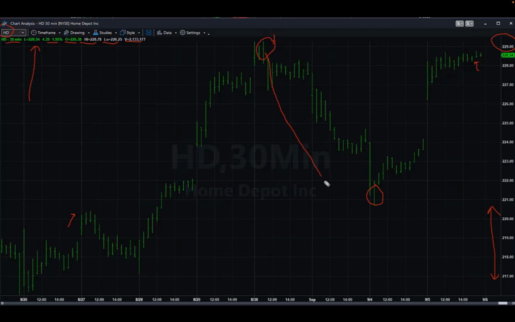So someone who's day trading, this is a great move for them to make money. So how would you know that? If you're trading up here, how would you know it's going to move down? Well, you're looking at a 30-minute chart. A 30-minute chart for a day trade like this, or even a short-term swing trade,